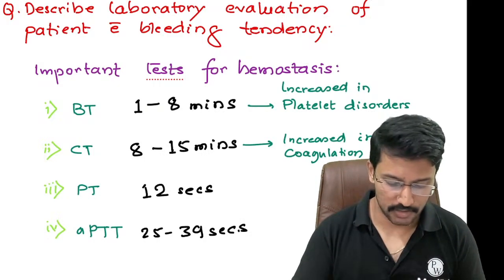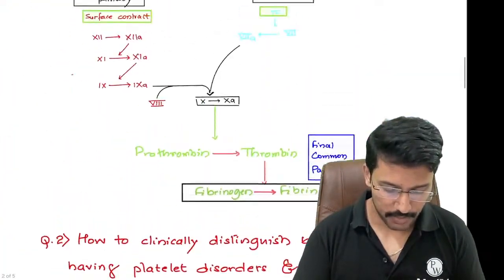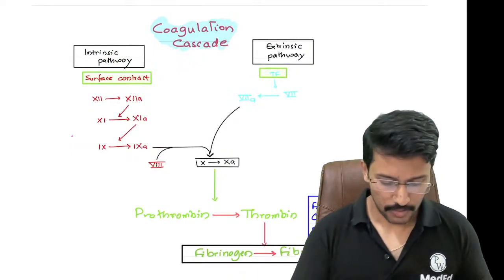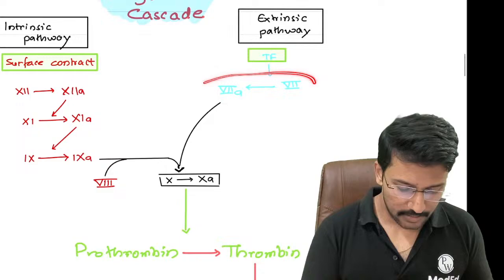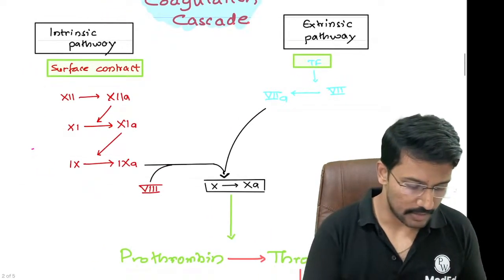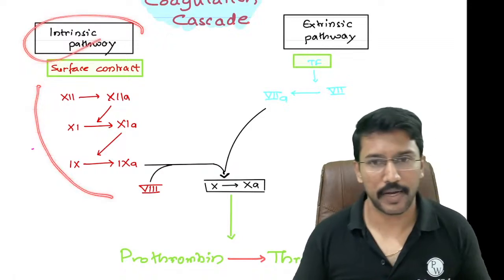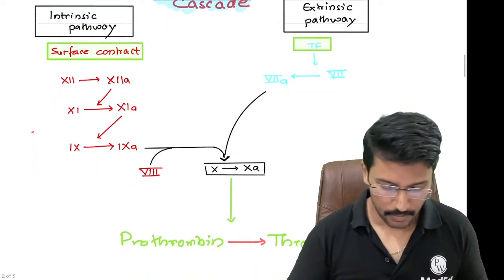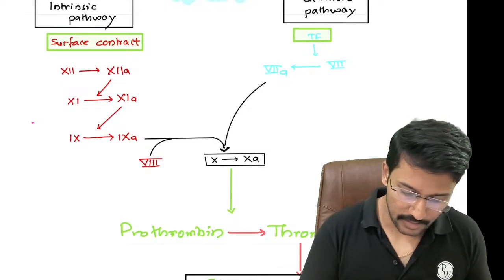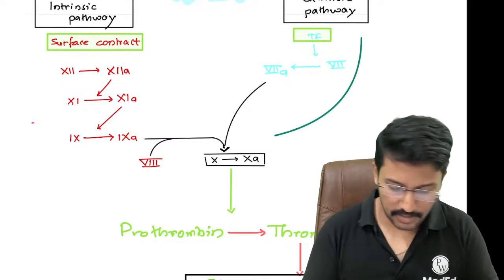or whether the pathology is affecting the intrinsic pathway, right? Is that possible? Yes, that is possible. So please remember, it is the factor 7 which is most important factor involved in the extrinsic pathway, and in the intrinsic pathway, multiple factors, right? Okay. So in factor 7, the best test that assesses the integrity of this pathway or this cascade is the